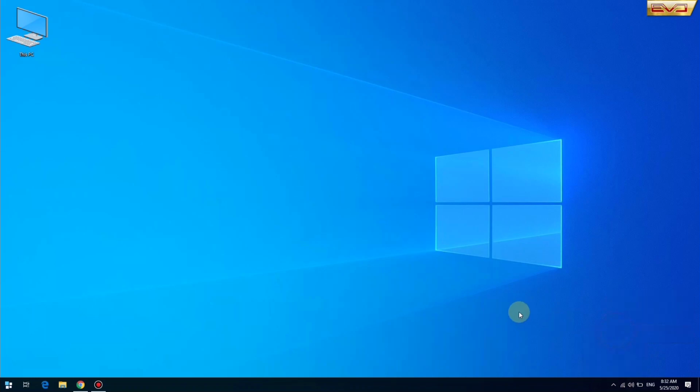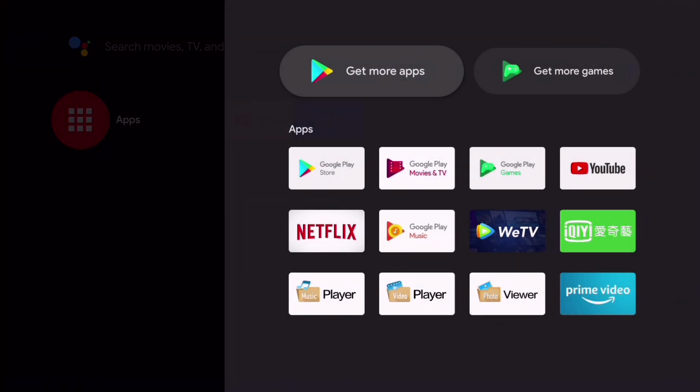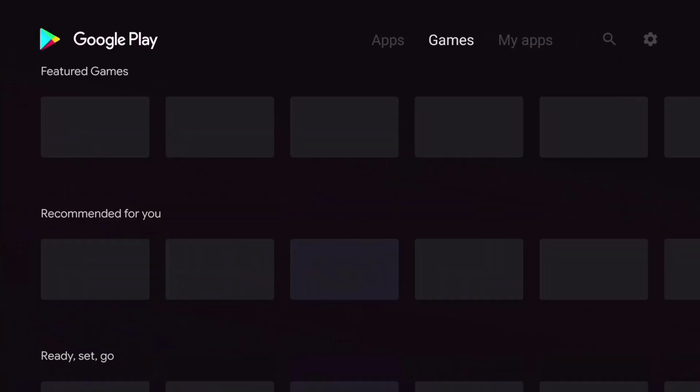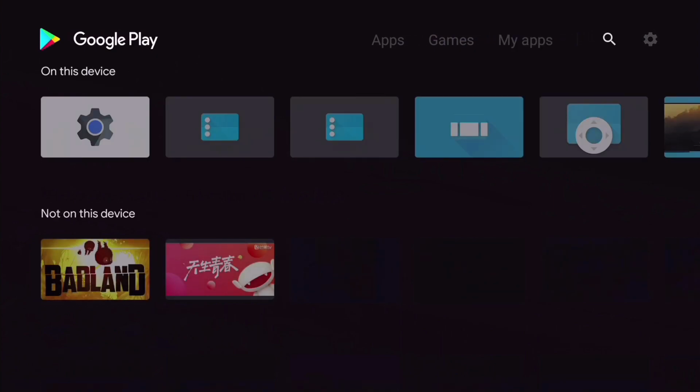Eject the USB flash drive and insert it into the Android TV or Mi Box. Open Google Play Store and search for Mi Box APK Installer for Android TV.